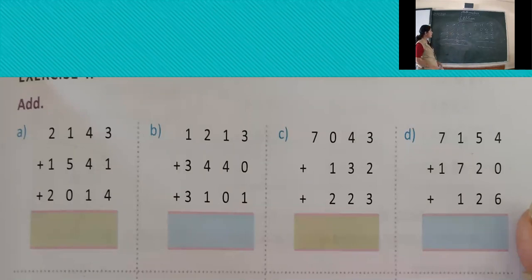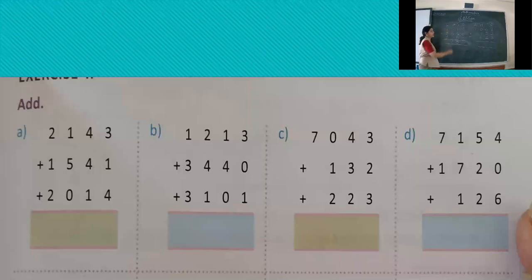So, keep 2 in your mind and you can do on your fingers or you can do in your mind also. After 2, 3, 4, 5, 6. Now, in 6, you will add 1 more. So, you will get 7. Clear? Then last is, we are moving on to the thousands place.